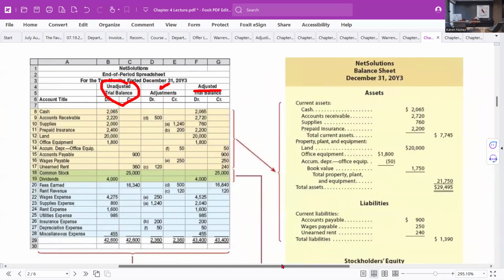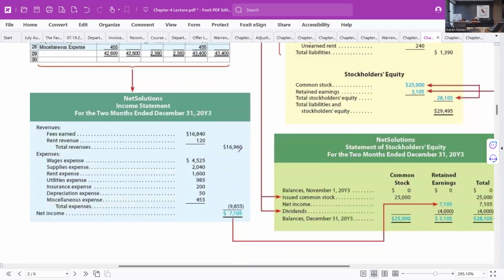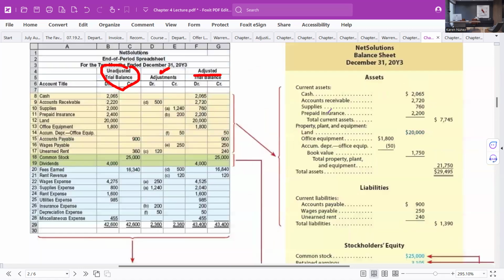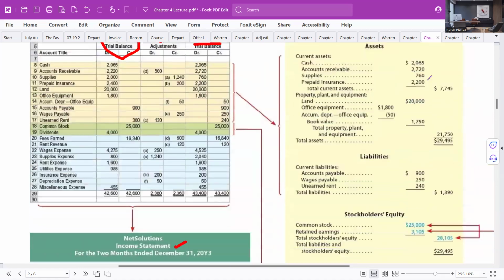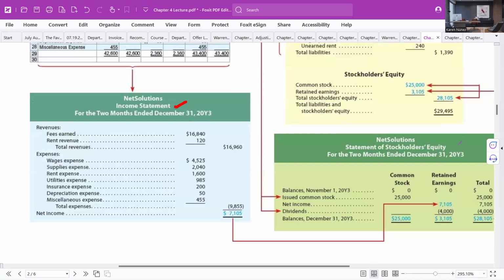When we complete the accounting cycle, we prepare financial statements. We prepare the income statement. That's what you see here. We prepare the balance sheet. That's what you see here. And we also prepare the statement of stockholders' equity. Sometimes there's also a statement of cash flows prepared, but we're not going to look at that in this